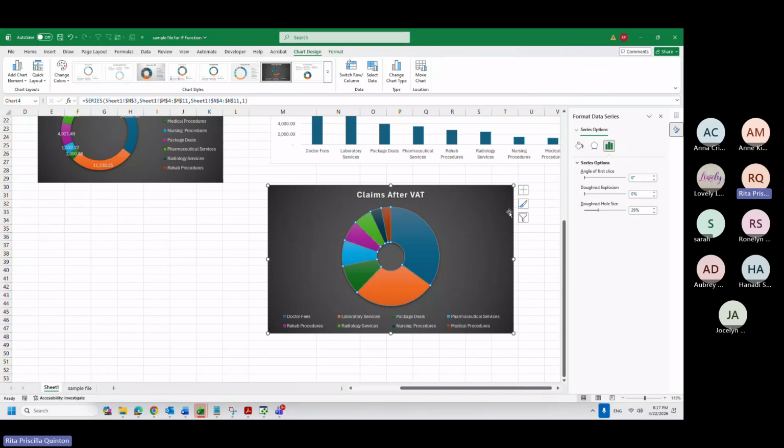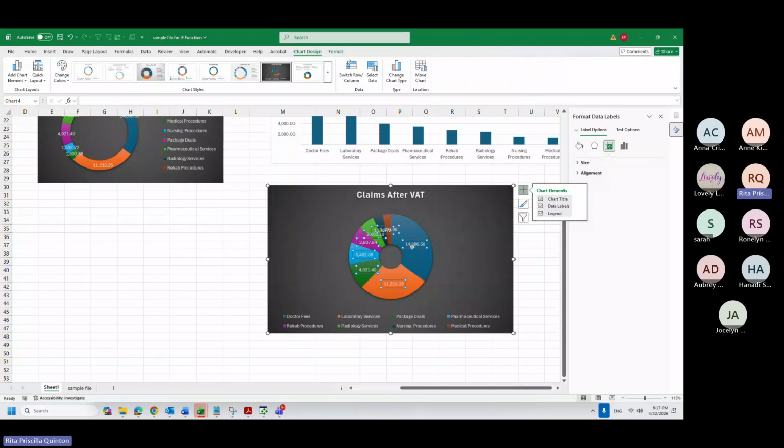And then the same, I can add data labels. On the data labels as well, if you click the data labels, this one means the options for this table, which I can change to percentage or add percentage. So right now it's value.